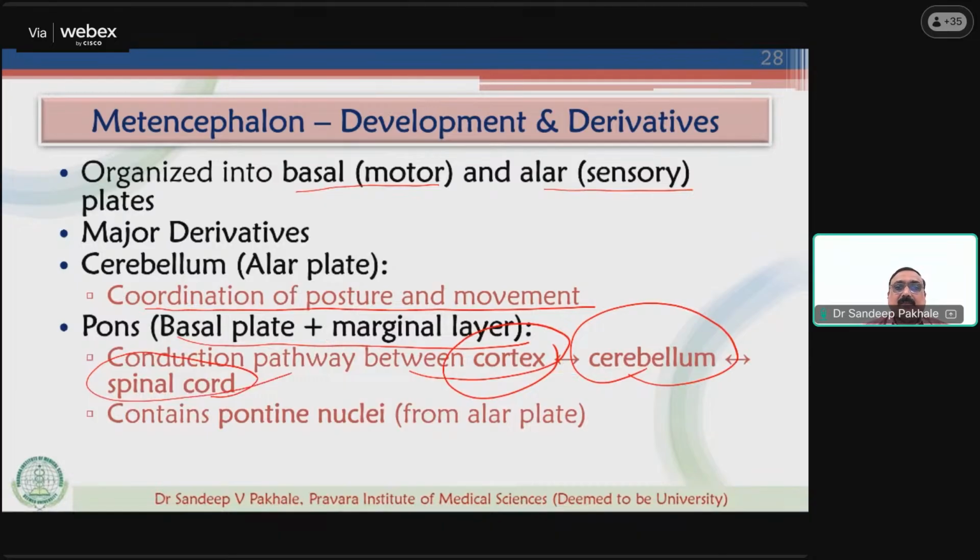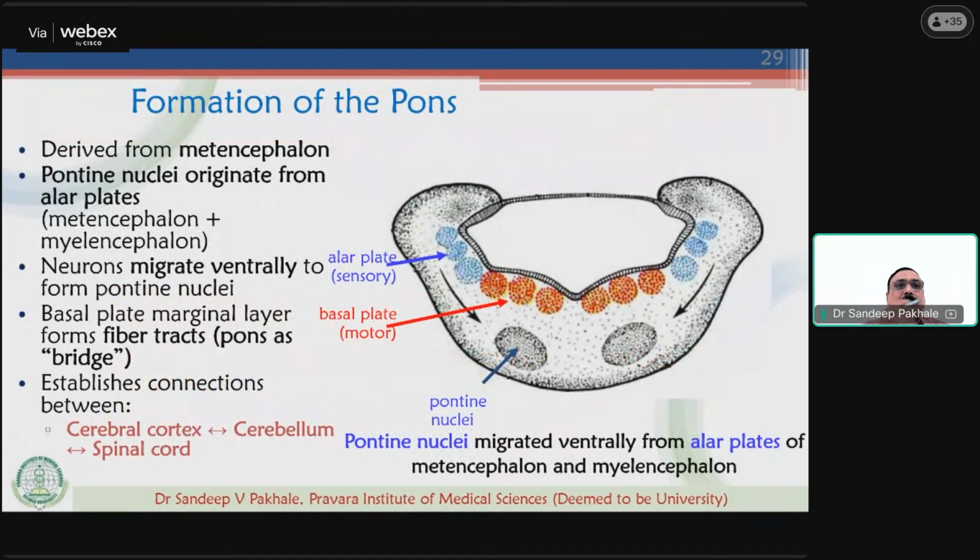The pons contains the pontine nuclei, which are derived from the alar part. The pons develops from the metencephalon, and an important event here is the ventral migration of the pontine nuclei. So you can see there is a ventral migration of the pontine nuclei. These nuclei originate from the alar plate of both the metencephalon and myelencephalon and migrate ventrally to occupy their final